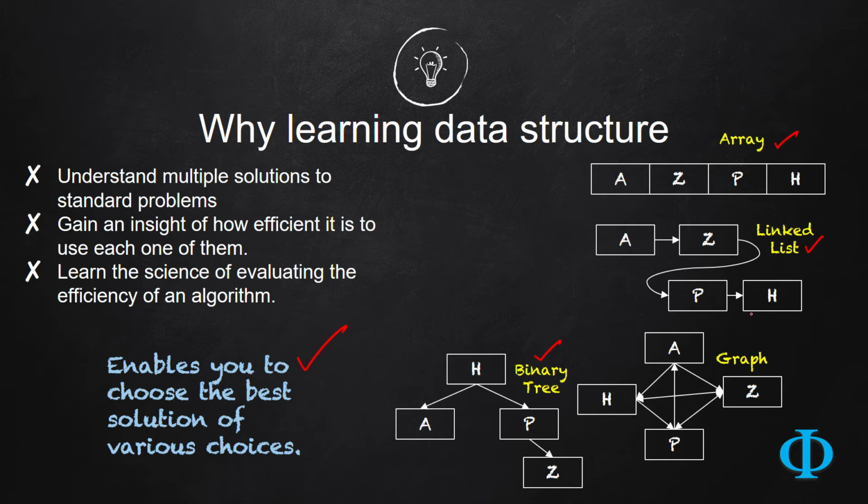Then several other problems can be better solved using the graph data structure. So you have to choose the best data structure which makes your program, or the solution to a problem, more efficient. You have to choose among all these things, and this data structure course is going to enable you with that